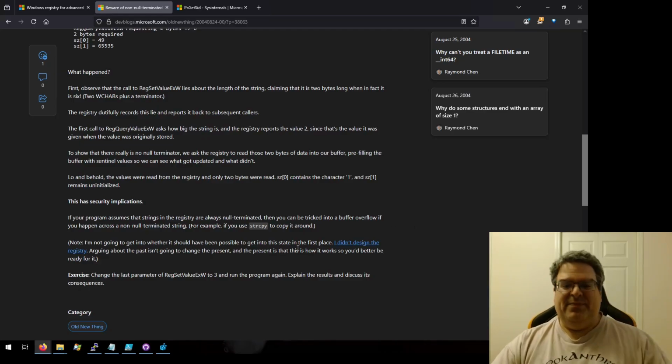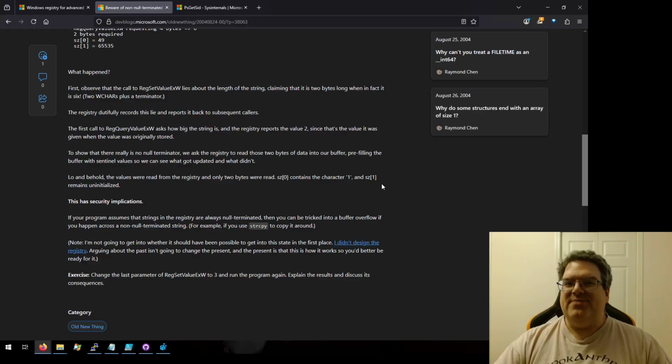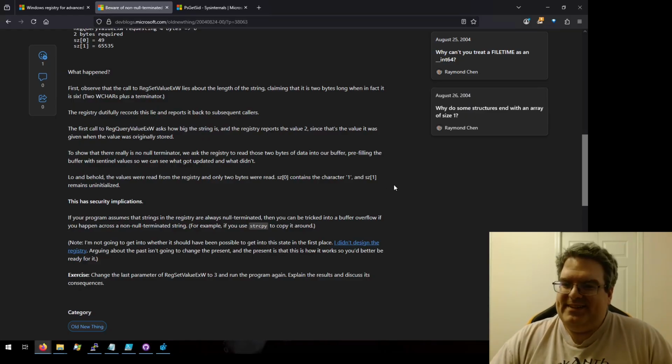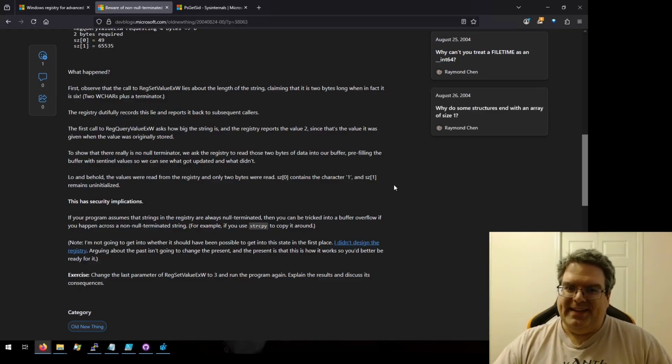And yeah, he notes it really shouldn't have been possible to get into this state in the first place. This is a registry design that dates all the way back to Windows 98. It is well on its way to being almost 30 years old at this point, if not already. So the registry is very much a legacy design, and this is also why it's not a great idea to